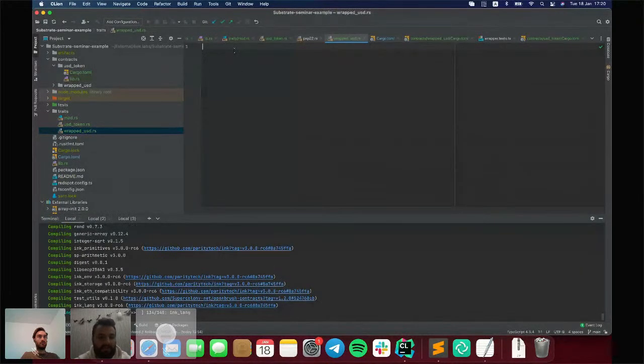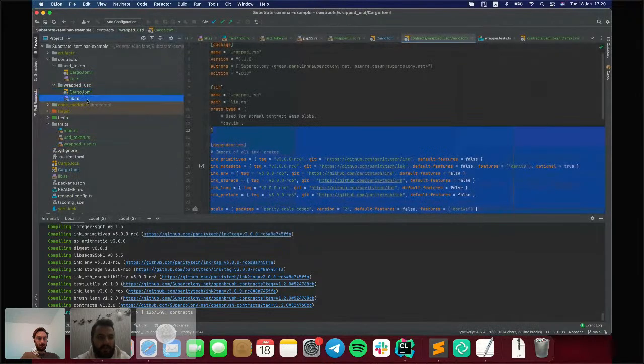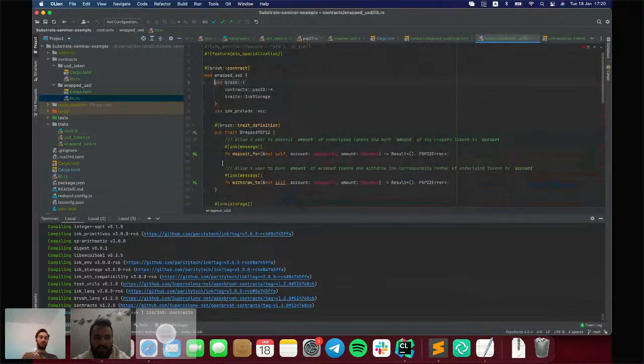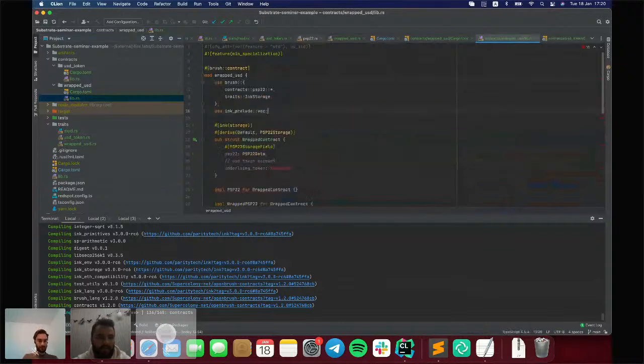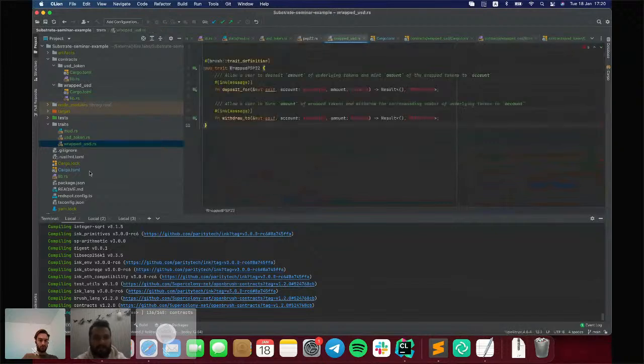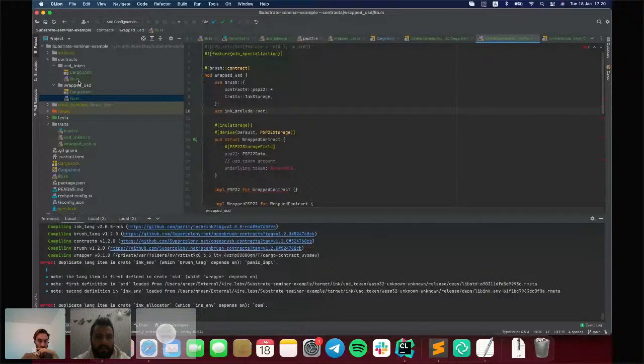In the case of wrapped USD, the main idea why we want to use another structure is that we want to move the definition of that trait here instead of the contract body. Oh yeah, and we also need to add this to our crate here.